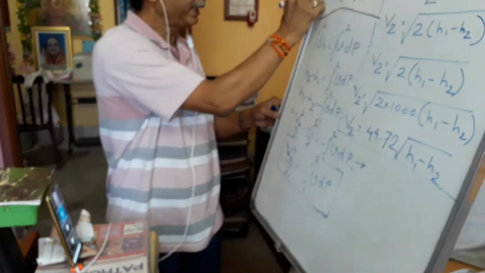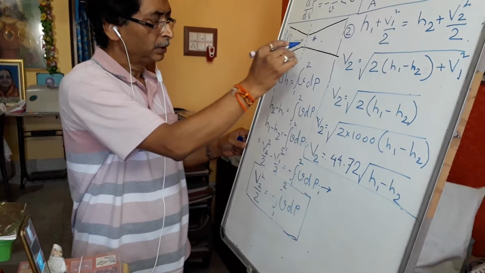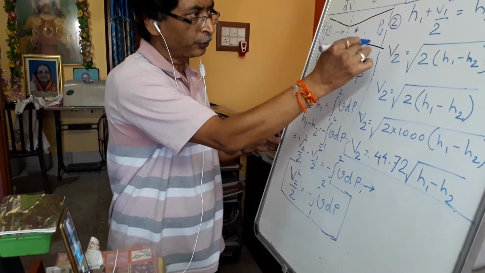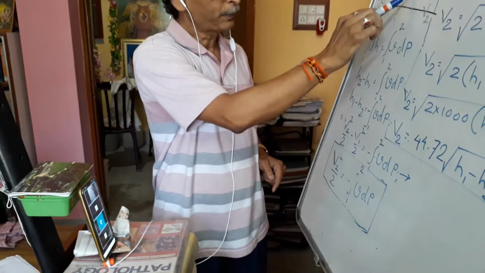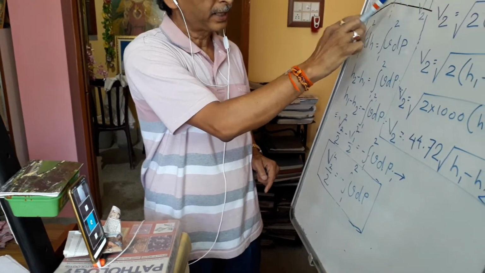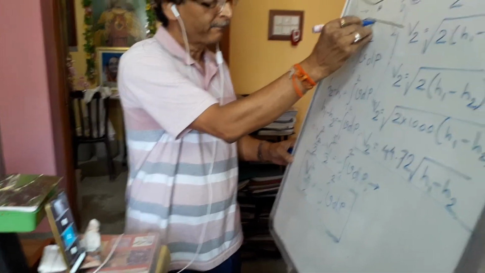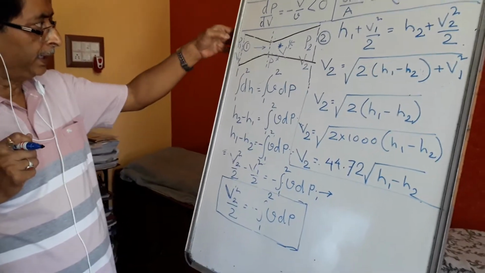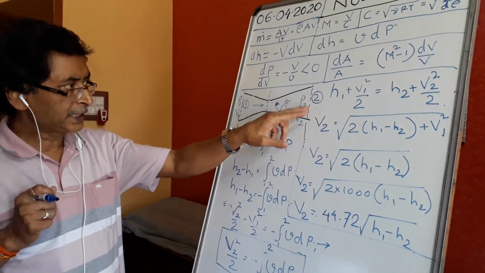So what is the pressure here? P1. What is the velocity here? V1. Then what is the pressure here? P2. What is the velocity here? V2. Let us take this as the throat. Throat position we are denoting by star, asterisk. So what is the pressure here? P star. And what is the velocity here? V star. So you understand, in the nozzle, inlet pressure is P1, velocity is V1, outlet pressure is P2,